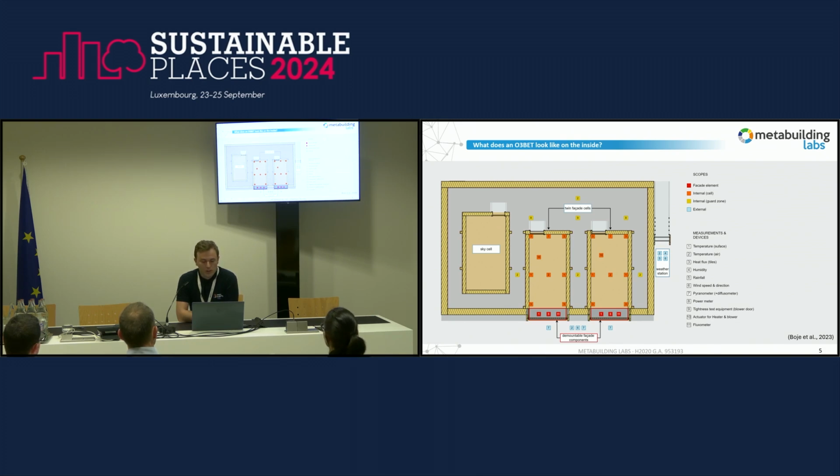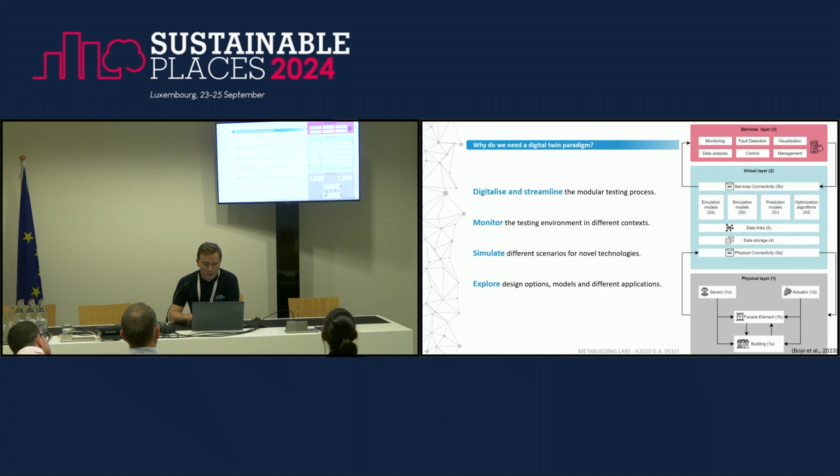So usually what happens is that someone buys the service of testing for a couple of weeks or a couple of months. They put the element on the facade with specific sensors for the type of test that is being carried out. So you see that certain sensors are moving and changing, whereas the sensors in orange and in yellow, for example, are more or less static around the building. So we are monitoring things such as temperature, heat flux, humidity, rainfall, depending on the types of tests. And these need to be monitored and strictly controlled and recalibrated at different times.